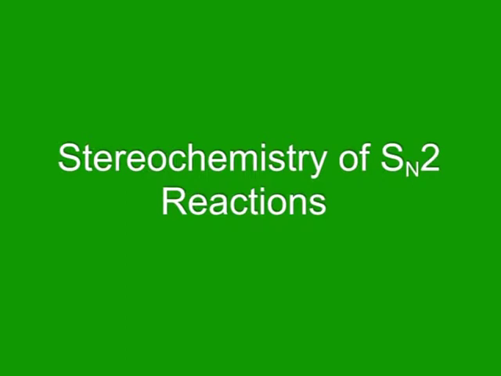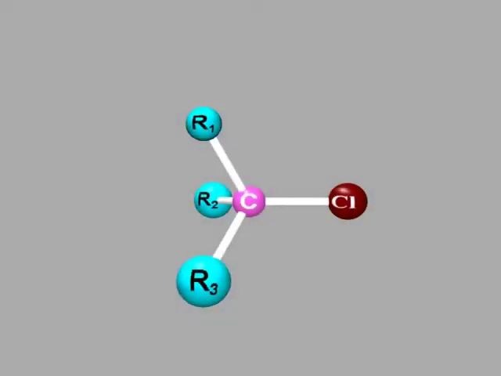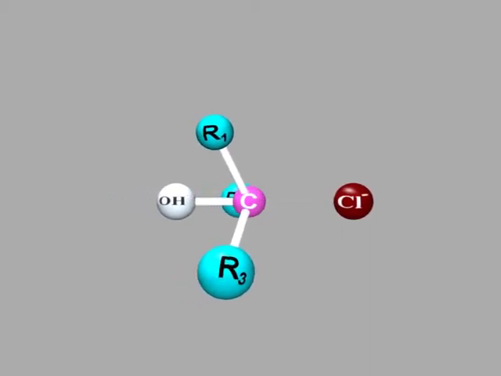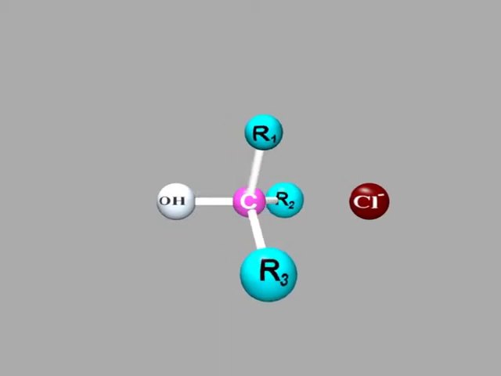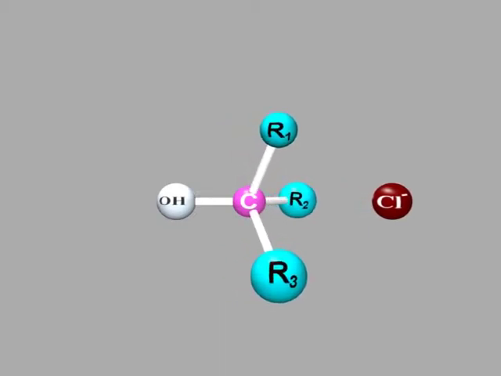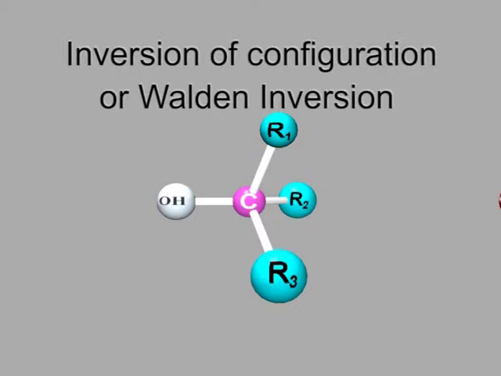Let us now learn about stereochemistry of SN2 reactions. As in these reactions, the attack of nucleophile is from opposite side of halogen. There is inversion of configuration if reaction is taking place at chiral center or at asymmetric carbon. This inversion of the product formed when substitution is taking place over chiral center is called inversion of configuration or